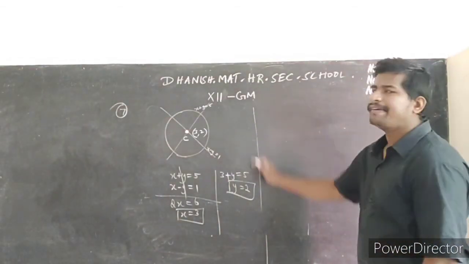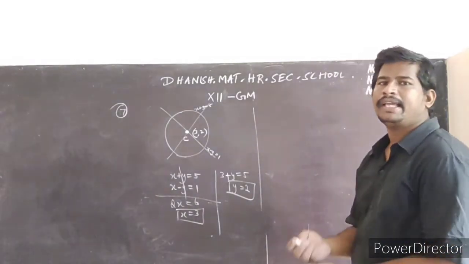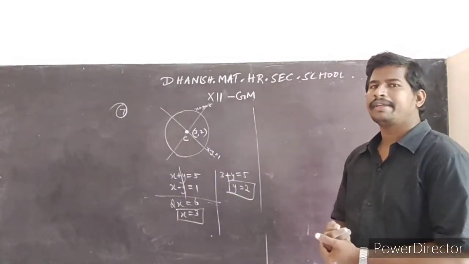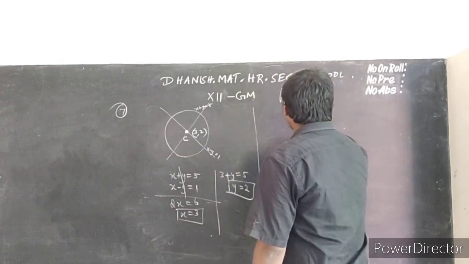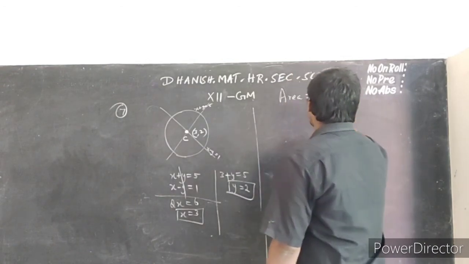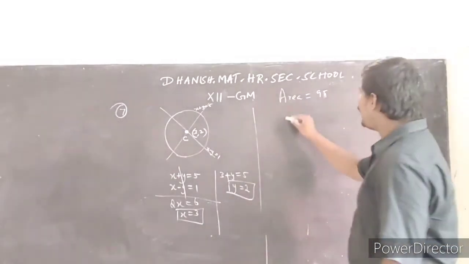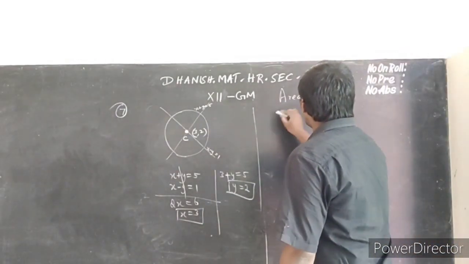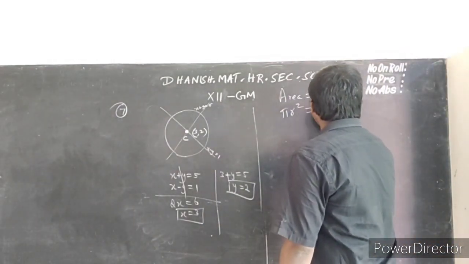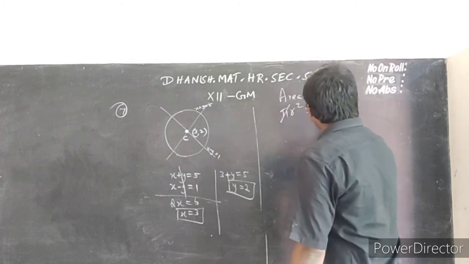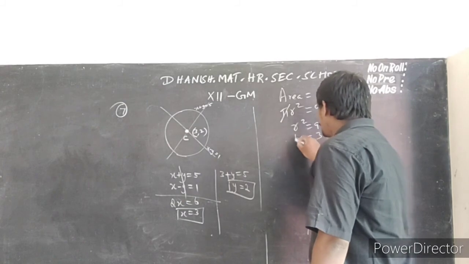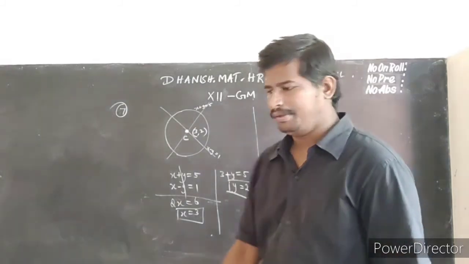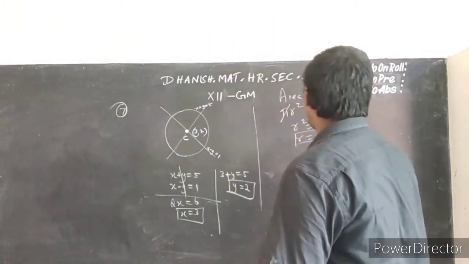Before finding the equation of the circle, we are going to use the given information. What's the one more thing given? Area of the circle equal to 9 pi. As we know, area of the circle pi r square equal to 9 pi. Pi will get cancelled. Our r square is 9. Our r will be 3. Our radius is 3. So we are going to find the equation.